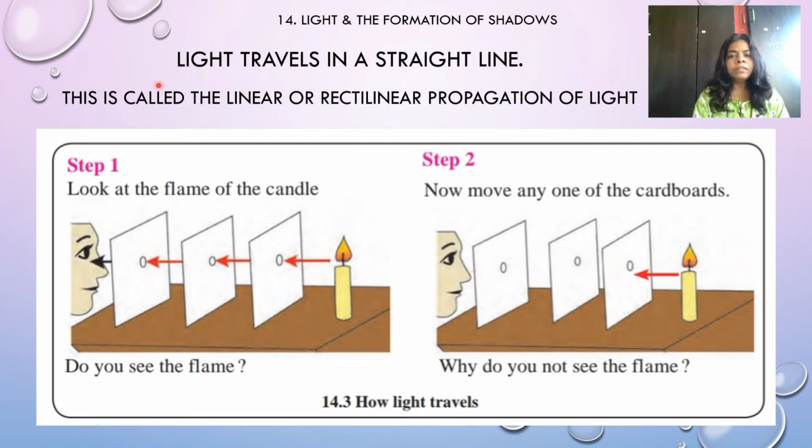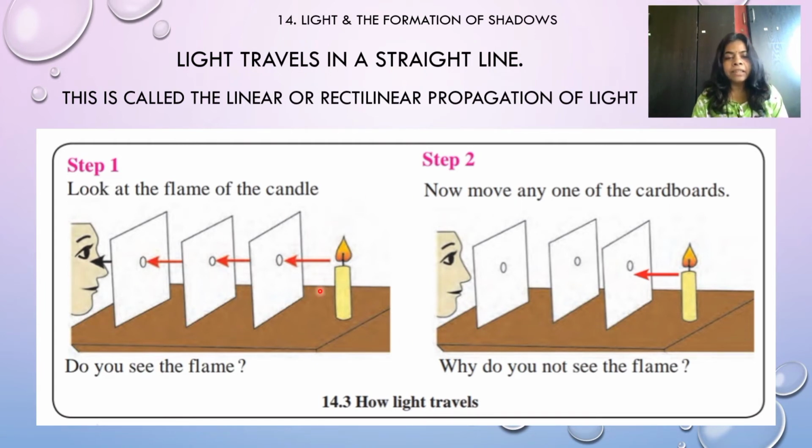Now children, we know that the light is traveling in a straight line. This is called the linear or rectilinear propagation of light. When light is traveling in a straight line, we say that it is linear or rectilinear propagation of light. So, this is one of the activities which is trying to help us understand that the light is traveling in